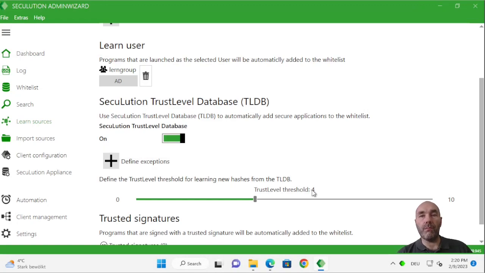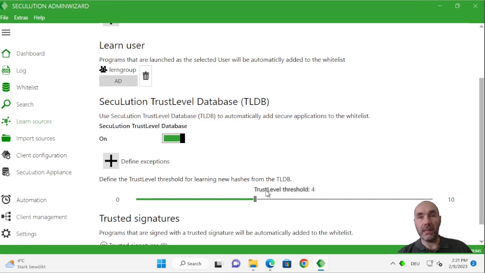Whenever there are positive indications that this is good, trustworthy software, we will return a trust level equal to 4 or greater. For that reason, you can easily say whenever something has a trust level that's 4 or greater, we can add it to the database. But the trust level on this application whitelisting appliance, on your whitelist, on your database, the trust level